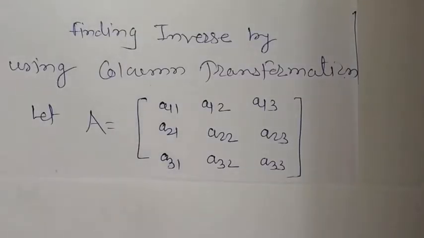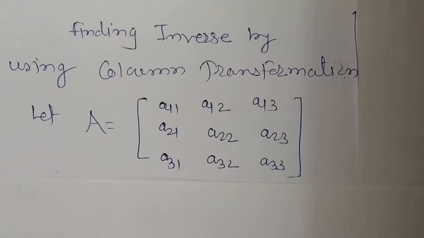So this is our standard A, a 3 by 3 matrix. Order is 3 by 3. That A is equal to what? A11, A12, A13, A21, A22, A23, and A31, A32, A33. Same as the last row transformation, there are again 6 steps. With those 6 steps, you can easily find